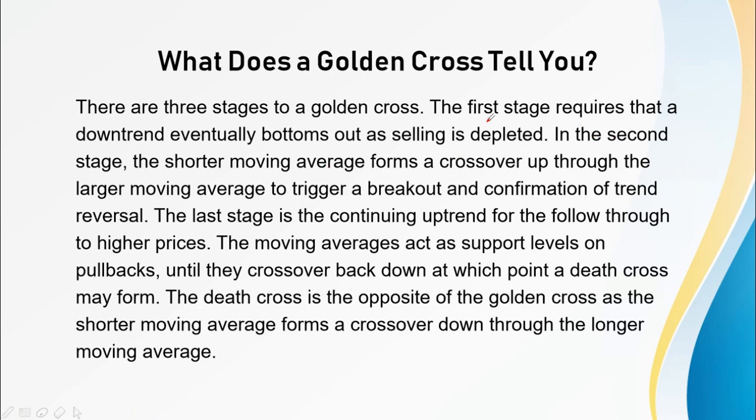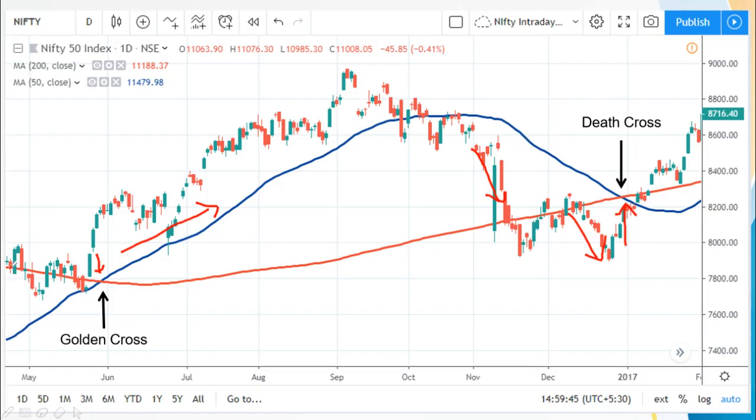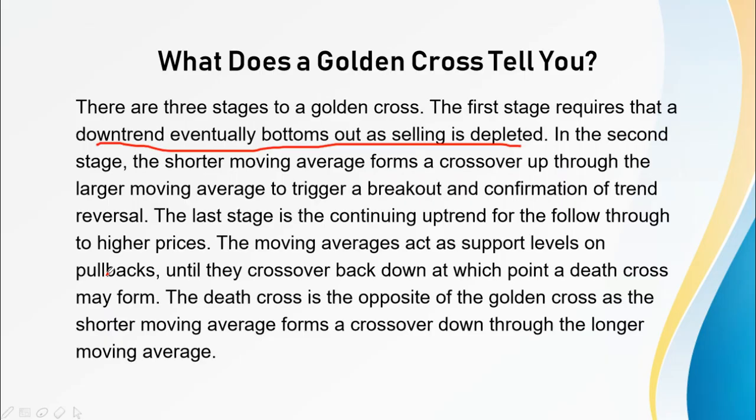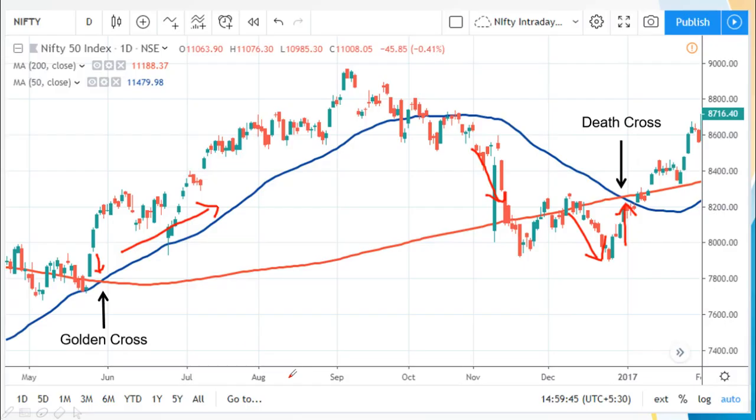So let's see, the first stage requires a downward trend that eventually bottoms out as selling is depleted. So here we can see the downward trend has basically bottomed out in this golden cross movement. And in the second stage, the shorter moving average forms a crossover up through the larger moving average to trigger a breakout and confirmation of trend reversal. So here again, because of this crossover, it is a confirmation of the upward trend movement. We can see a continuous upward trend movement,